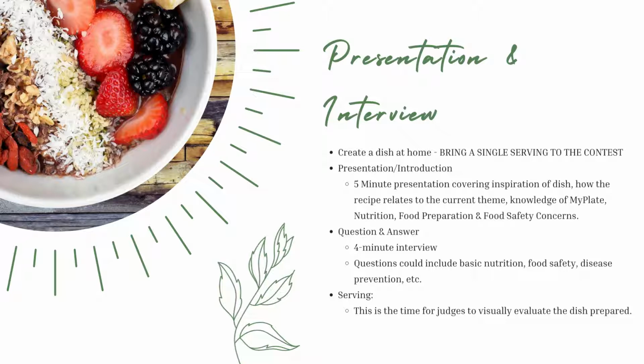The questions could be anything from basic nutrition, basic food safety, disease prevention, anything like that. Obviously, for our senior age kids, the questions become a little more difficult. But for our juniors and intermediates, we don't try to scare them too much with that portion. And then lastly,